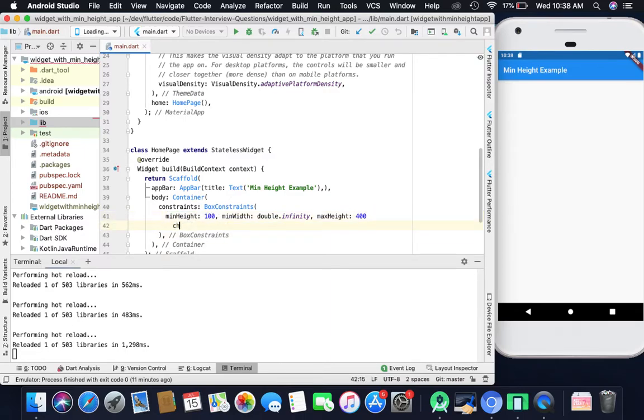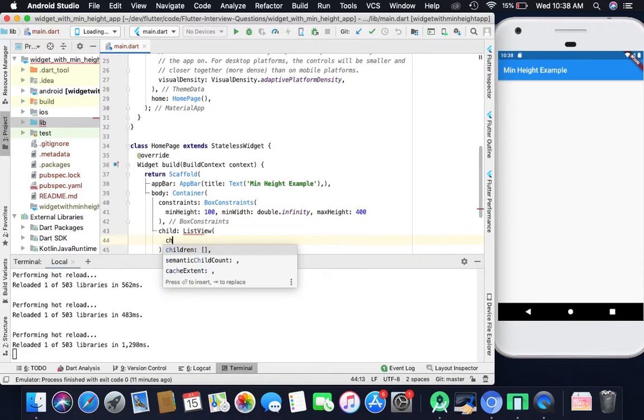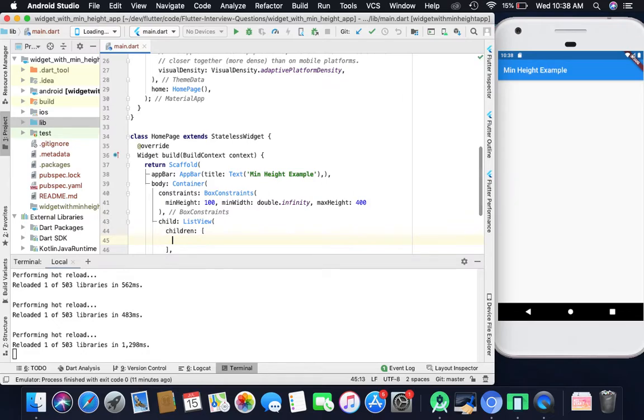So here we will create the child of the container, like a ListView. ListView will have children, as you know, and here I will generate the list.